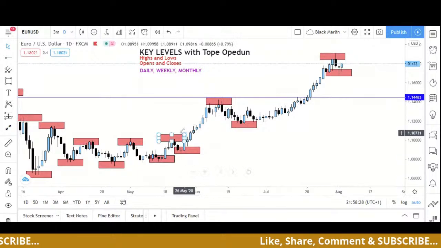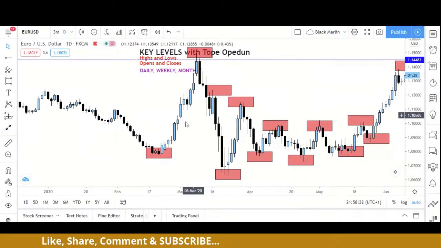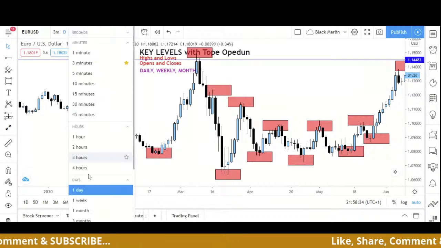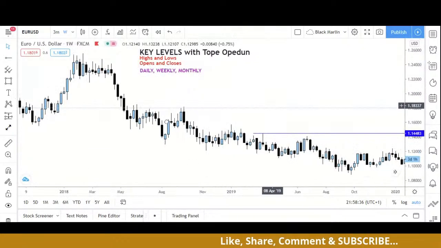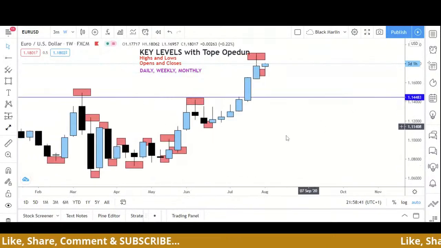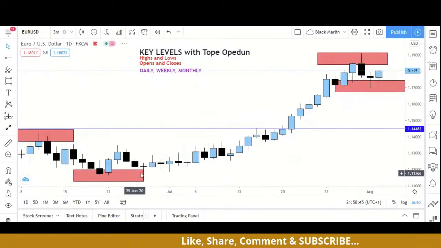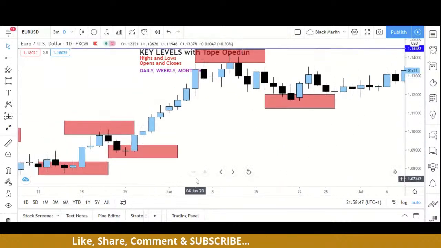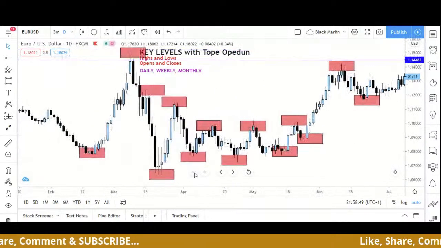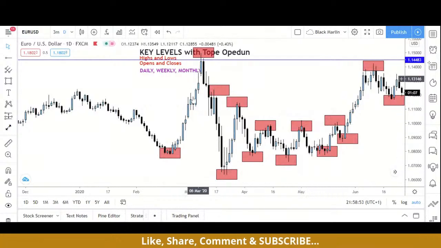In fact, we can keep it on the weekly. It doesn't matter. But all I just want you to observe is, before any significant move, if they want to go long, they'll go short first. So if they want to buy, for example,